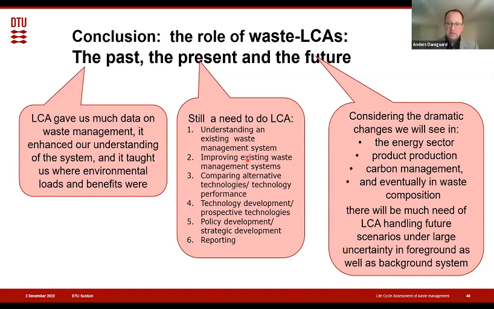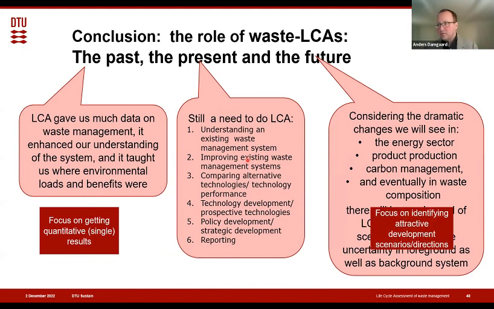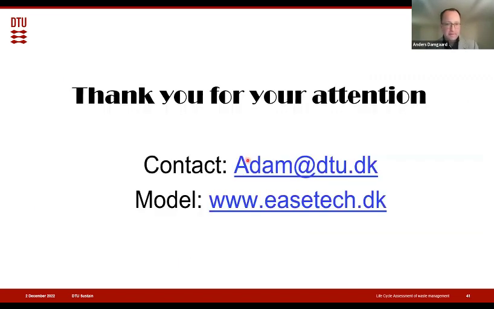I think therefore it's very important that we test all the potential pathways that society can take and figure out what are the most robust technologies that can fit into this change. And with that, I will just say we are focused on getting quantitative results. I think in the future, we need to focus on identifying pathways and be less focused on the specific result, and more have some of these future pathways, sort of directions, and see, do we think that's a robust way to go? And with that, I'll say thank you.